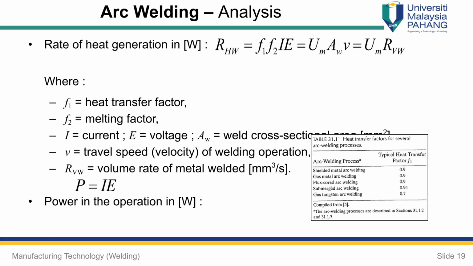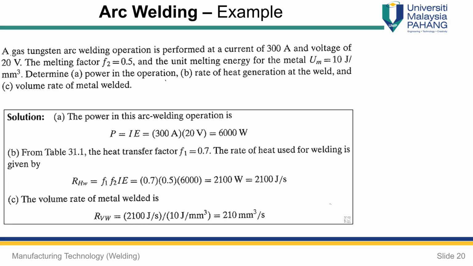The quantity of heat required for welding per unit volume, U_M, is defined as K times the square of the melting point temperature T_M on the absolute scale. The rate of heat generation is expressed as R_HW equals F1 F2 IE equals U_M A_W V equals